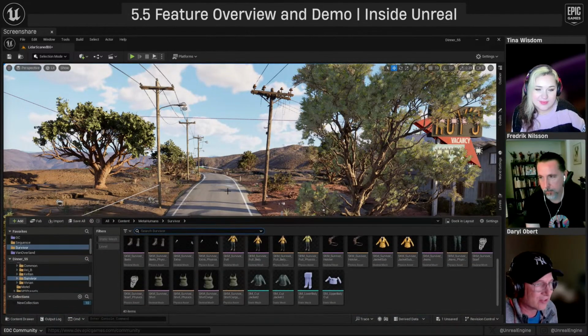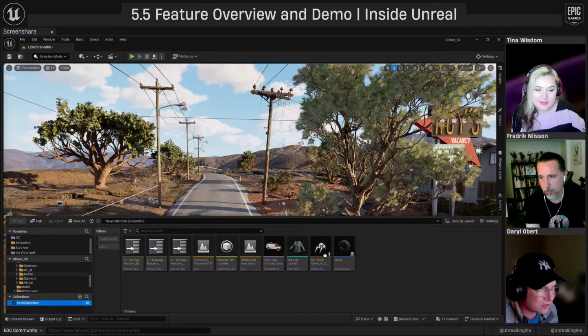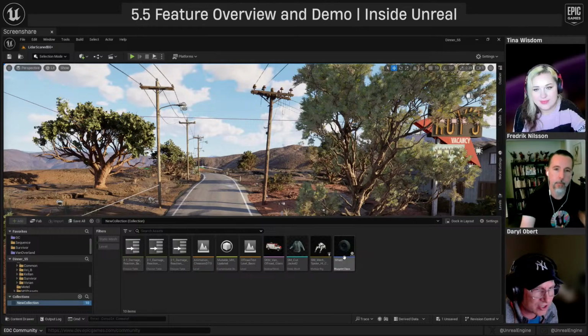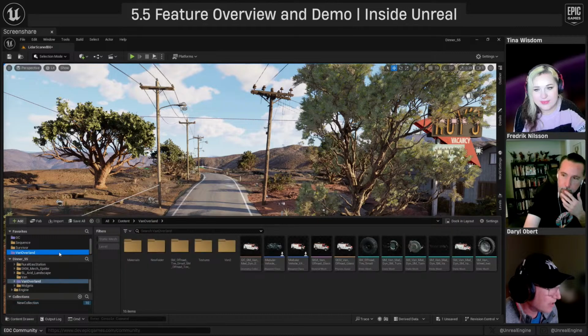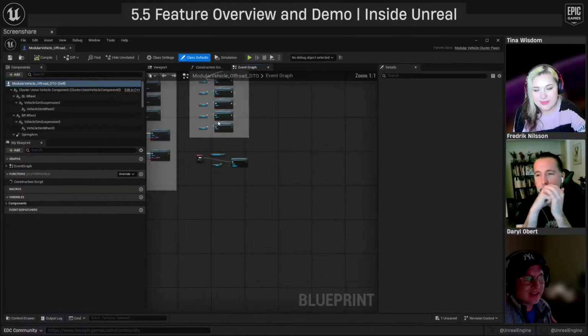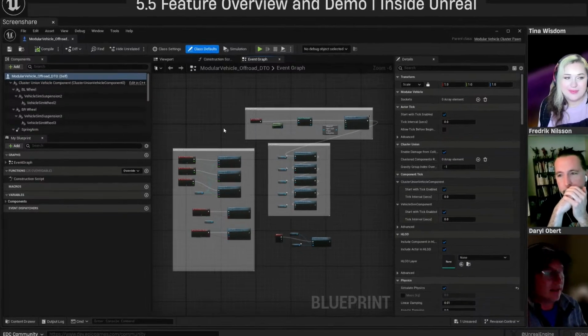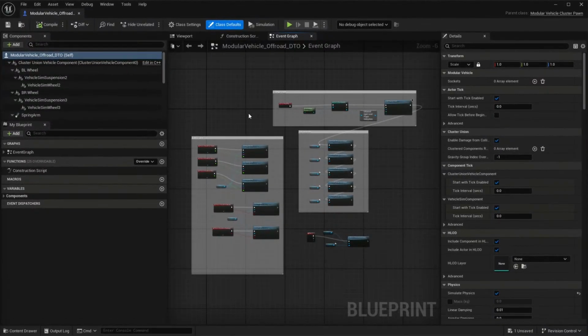So if we look at the way this guy is set up, if we jump over to my collection, do I not have it there? Must have, when I crashed, I blew it away. Okay, that's not a problem. We can go to the van overload because that's probably where it lives. Yeah, it's right here. We'll grab this guy. This is what I got from the sample project.